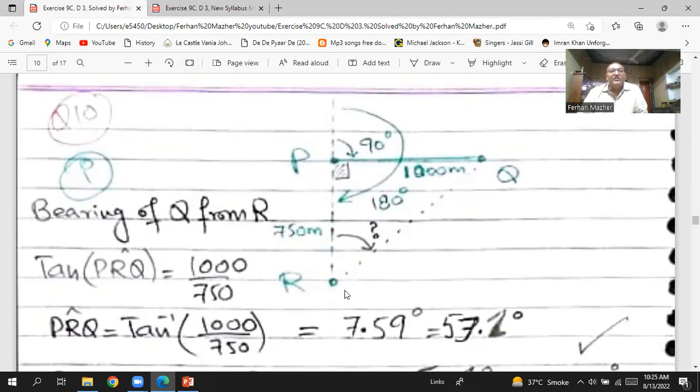So basically they are asking you to find the bearing of Q from R. So it's a right angle triangle. I know this is 1000. I know this is 750. This angle, when you go from the north clockwise to the RQ line, will be the bearing of Q from R. So I want to know this angle. I can find this angle by applying tan. Tan of the PRQ angle will be perpendicular by base, and that will be 1000 divided by 750. So PRQ will be tan inverse of 1000 divided by 750, and that will be equal to